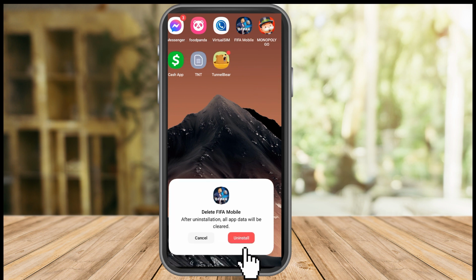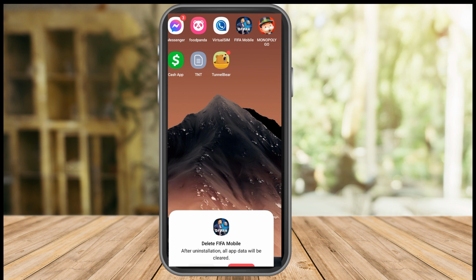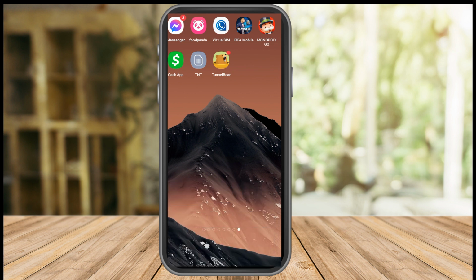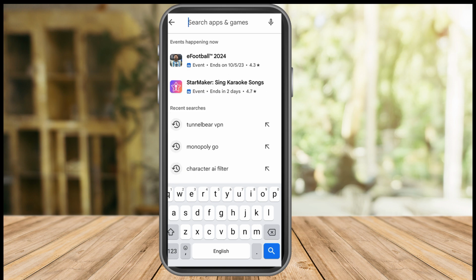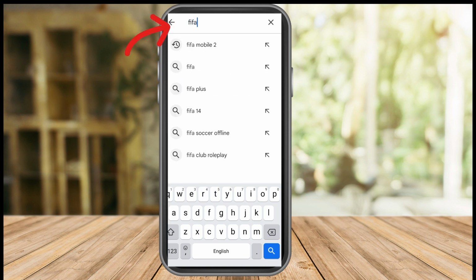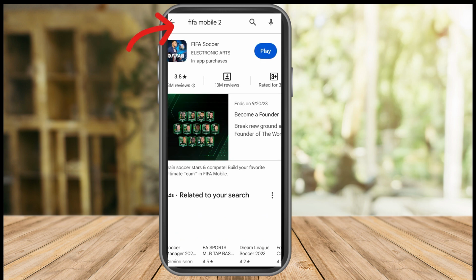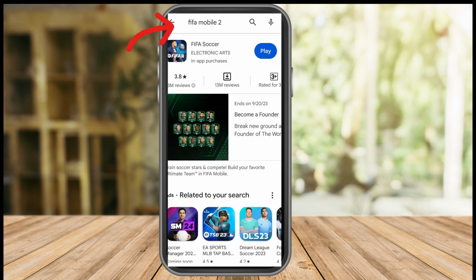Once you have uninstalled this application, you can now go to your Google Play Store and then kindly install this FIFA Mobile application again. So go to Google Play Store, type FIFA Mobile, and then click install. As easy as that. Now, once done, click open or click play, and it will take you directly to your